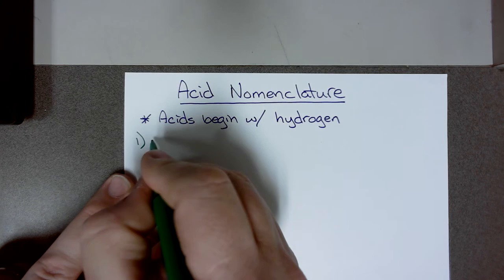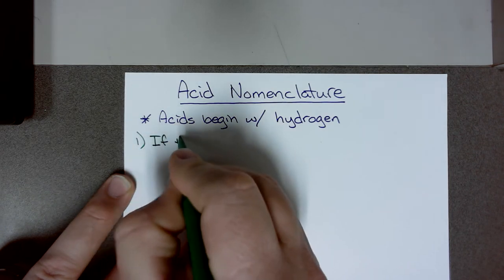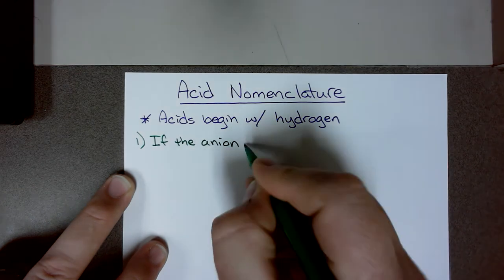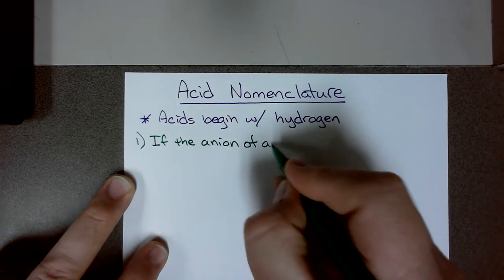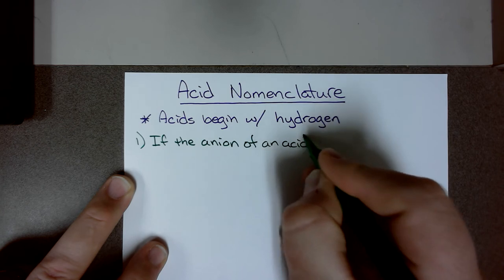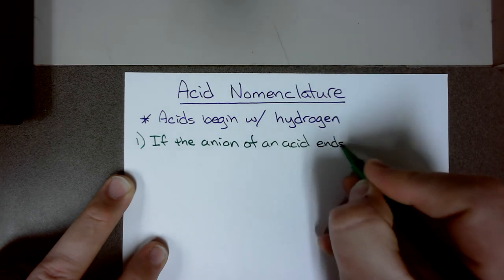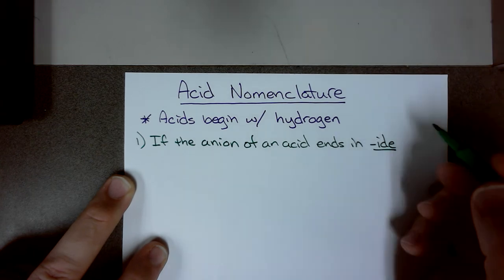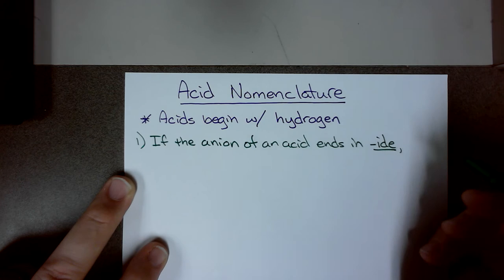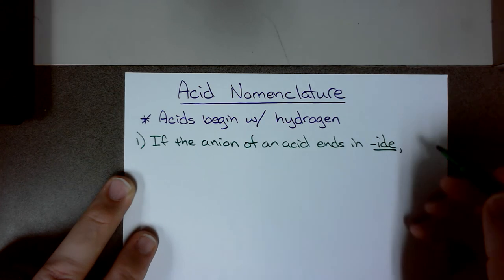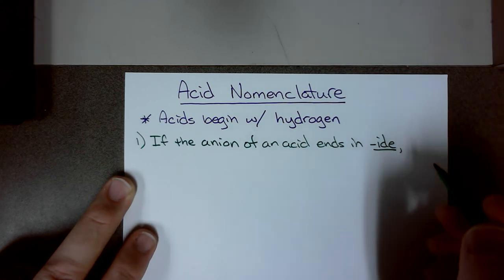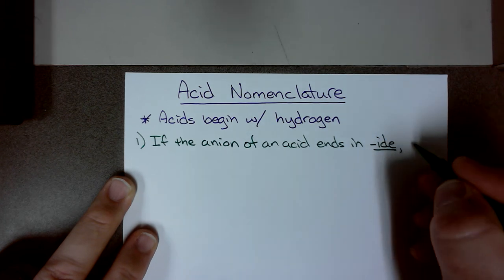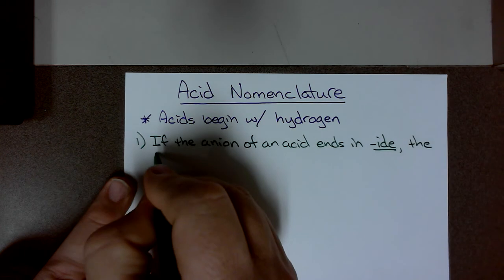Rule number one is that if the anion of the acid ends in IDE, and remember, endings with IDE are usually the monatomic anion, but there's a couple of polyatomic anions. So usually it's going to be monatomic. If it ends in "ide", the acid name